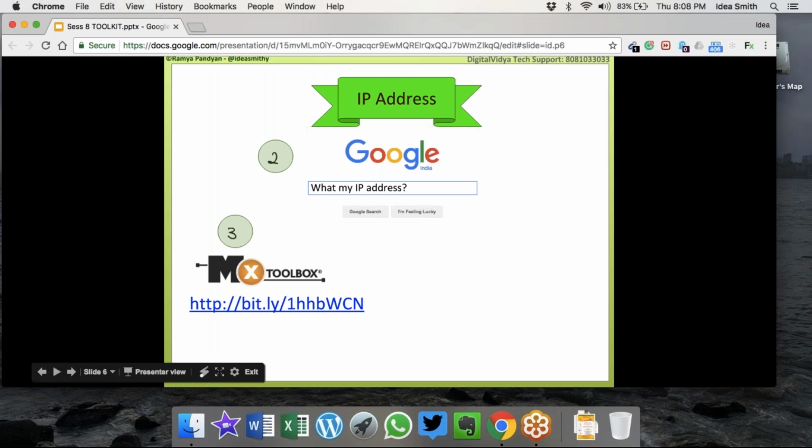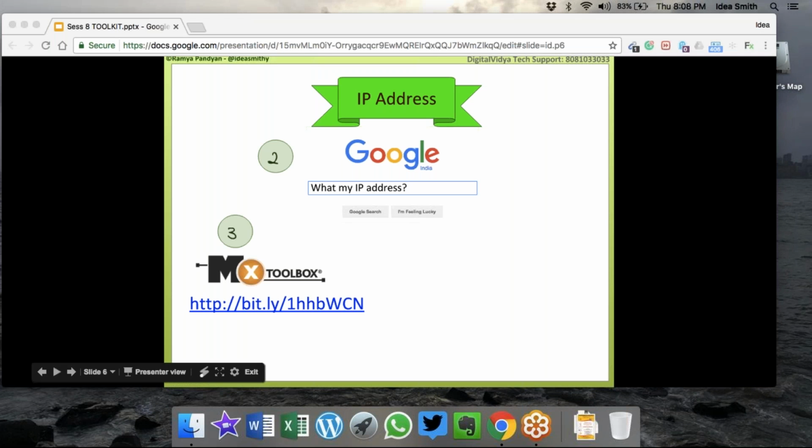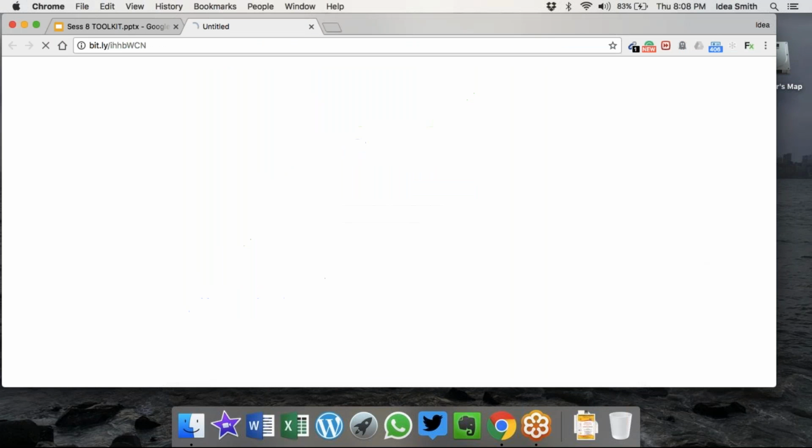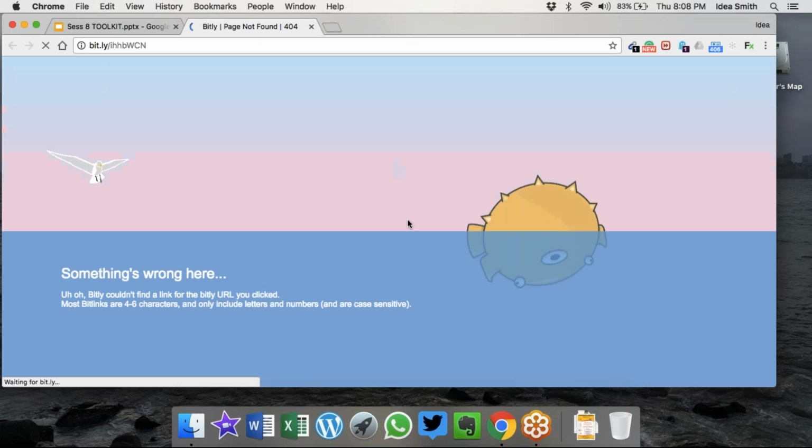All of you remember blacklists, right? So here's a tool where you can check whether you are on a blacklist. So tool number 3, blacklists. This is MX Toolbox. You've got to copy paste the IP